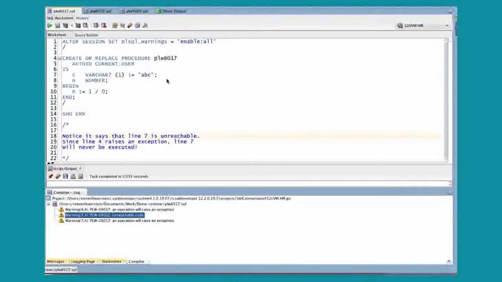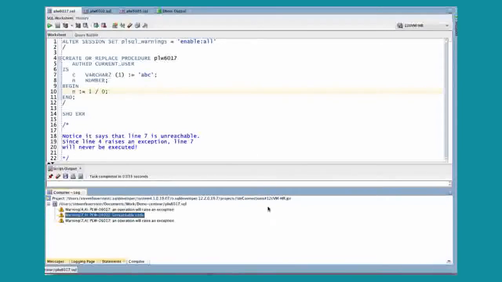So what you're seeing is that the Oracle compiler is in fact super smart, and it's detected that this string is too big for this declaration. This is going to cause an error. It also noticed, hey, you're doing a divide by 0. You're not supposed to do that. So what it's doing at compile time is saying, you know what, this code is correct. You can run it if you want to, but we guarantee you're going to get an exception. Notice it doesn't tell you where you're going to get the exception, just that you will.